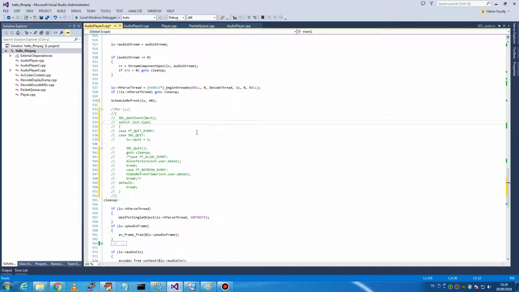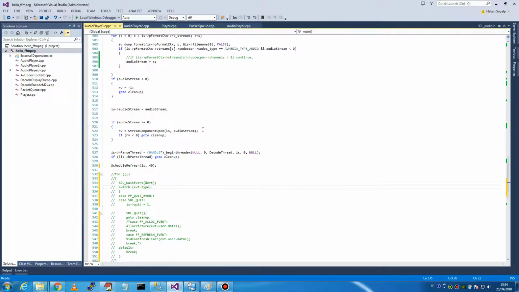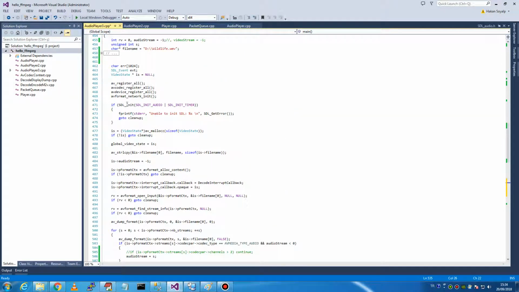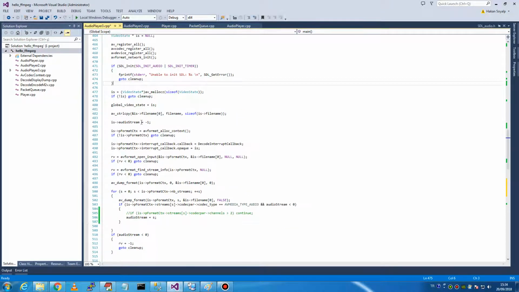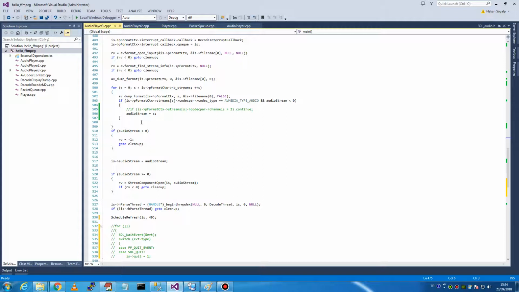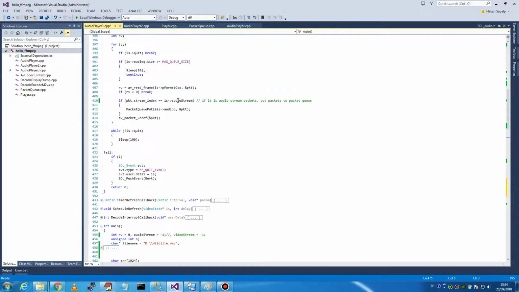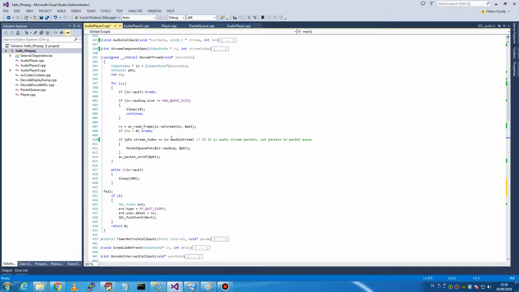Why? Because remember, we init SDL here, and also in stream component open,